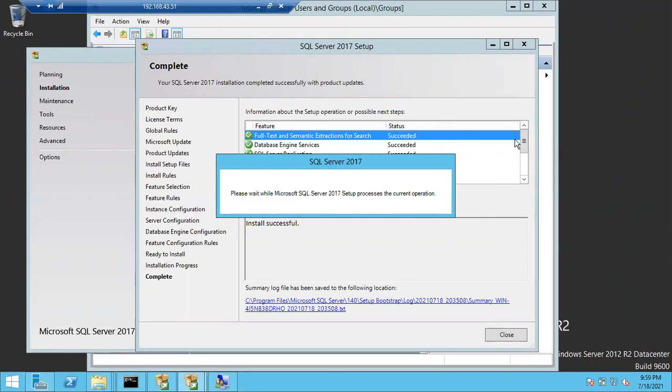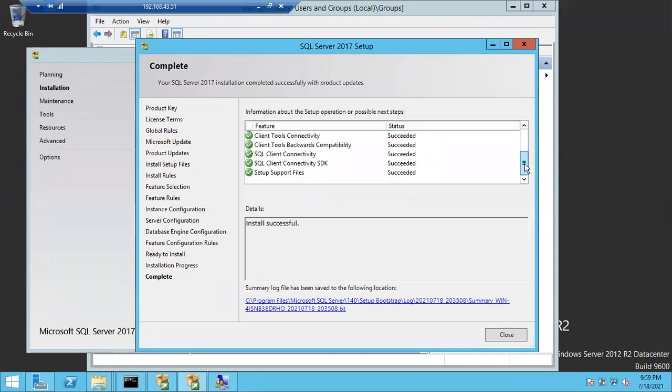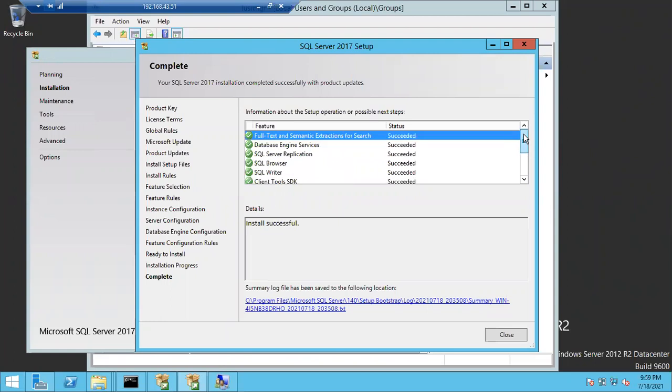So the installation will be smooth, and after installation is successfully completed, you have to check whether all the components are successfully installed or not. Sometimes components fail to install, so make sure you check all the components by going down, scrolling like this. In this way you can see the success message, installation successful, and identify whether your installation is successful or not.